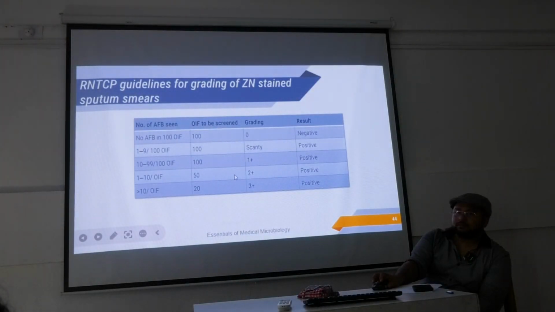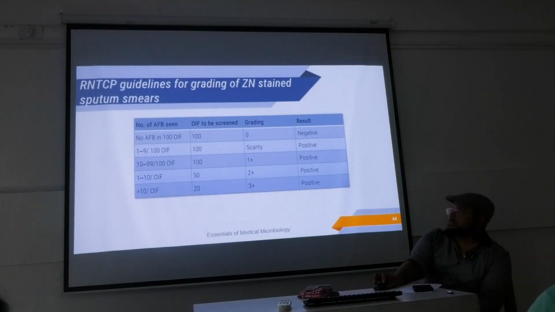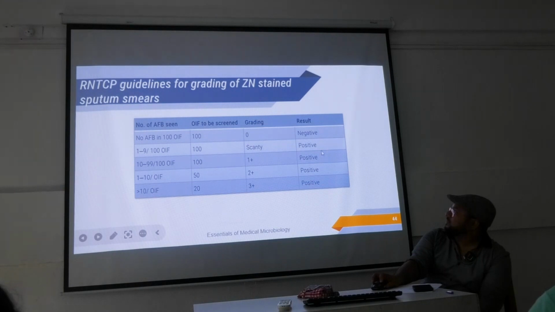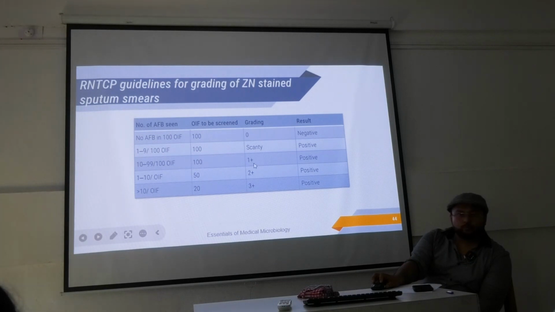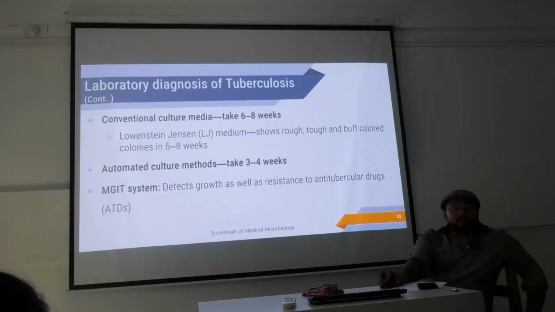এইটা হলো গ্রেডিং। মনে কর একটা অয়েল ইমার্শন ফিল্ডে, আমি 100টা ফিল্ড দেখলাম, তাতে যদি কোনো ব্যাসিলাই না পাই তাহলে এটা নেগেটিভ রেজাল্ট। 1 থেকে 9টা ব্যাসিলাই পেলাম উইদিন 100 অয়েল ইমার্শন ফিল্ড, তাহলে এটা স্ক্যান্টি গ্রেডিং হবে পজিটিভ। 10 to 99 ব্যাসিলাই ইন 100 অয়েল ইমার্শন ফিল্ড 1+, এটা কিন্তু পরীক্ষায় জিজ্ঞাসা করে, ঠিক আছে, যে টিবির গ্রেডিংটা বলো তো আয়ুষ, ঠিক আছে, পরীক্ষায় জিজ্ঞাসা করবো তোমাকে, এটা দেখে রাখো।